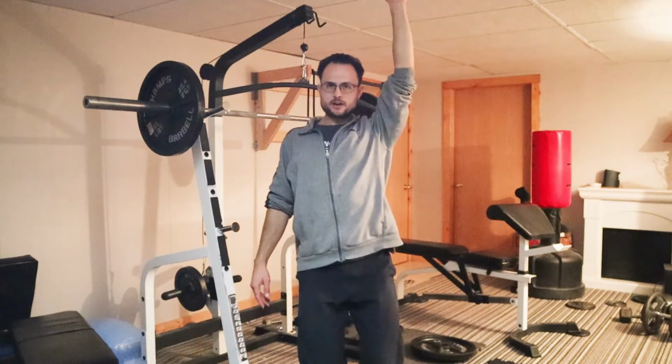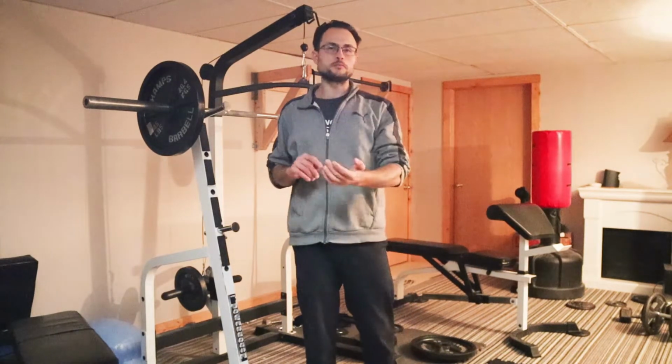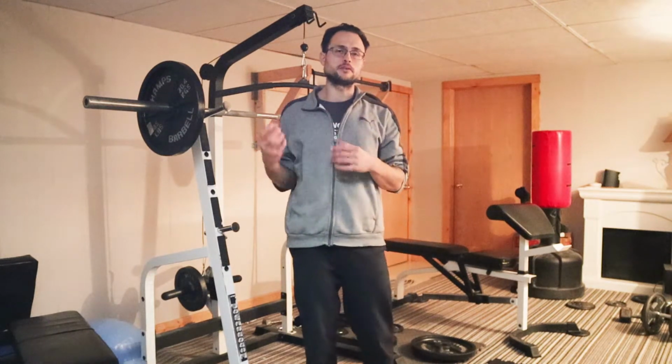So the closed pack position for the shoulder joint is basically external rotation all the way up like this. And that's basically where it's in its tightest position. And so if you shrug it down, and then with it depressed, start driving your elbows and pulling yourself up, not only do you engage more of the lower trapezius, which helps you perform the movement, but you also help to alleviate some of that pain that can be happening from the instability of a torn